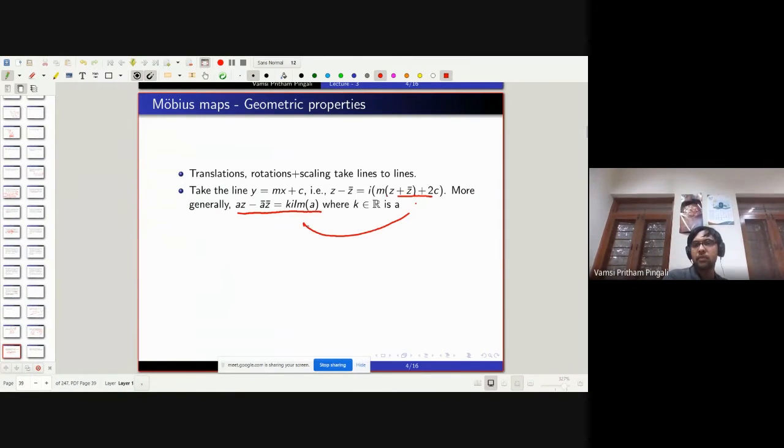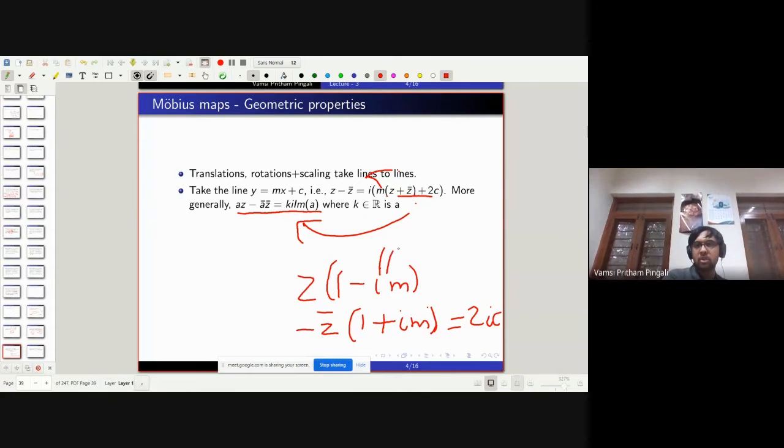This is a special case of this, because basically what I'm saying is take all the z's and the z bars to one side. So you get z times (1 minus im) minus z bar times (1 plus im). So this is 2ic, right? In other words, if I call this complex number a, then az minus a bar z bar is i times 2c, right? So i times